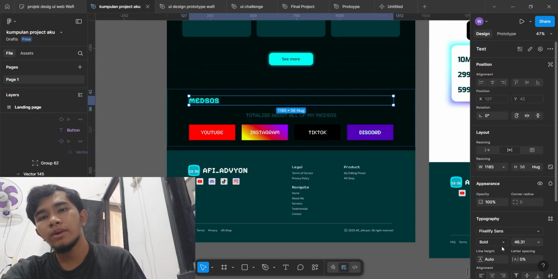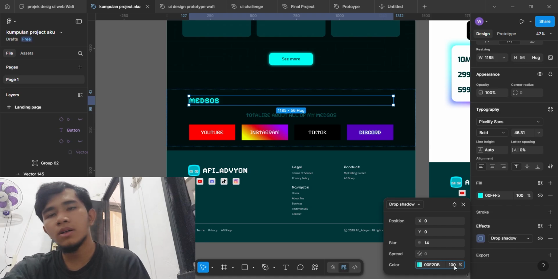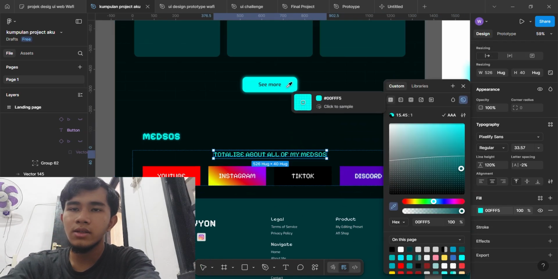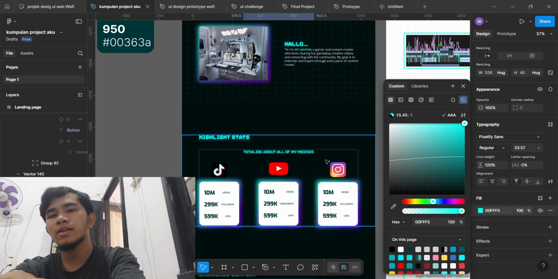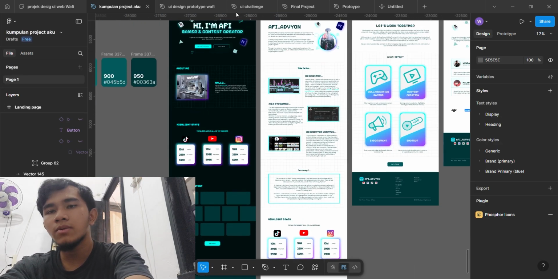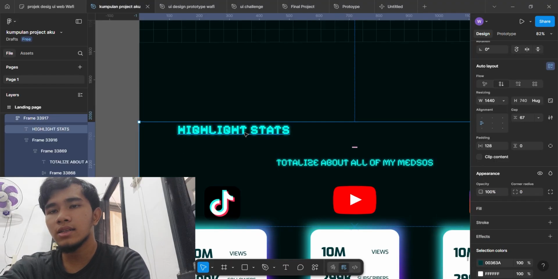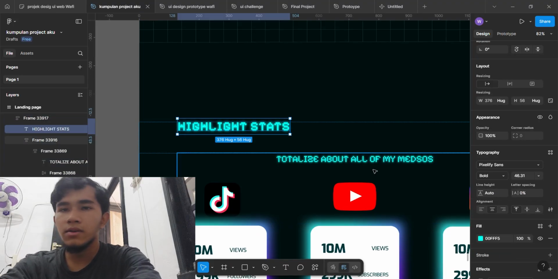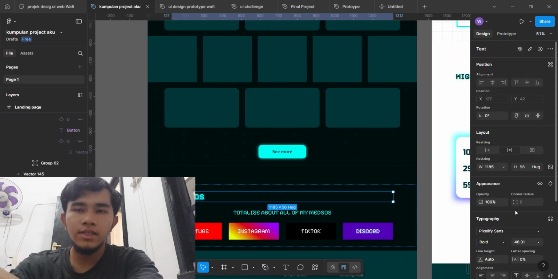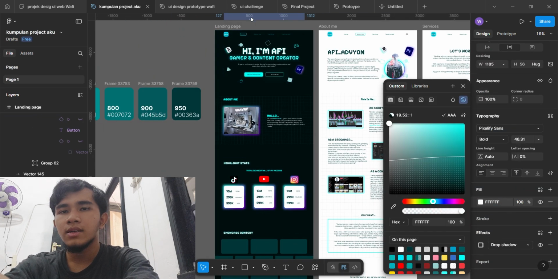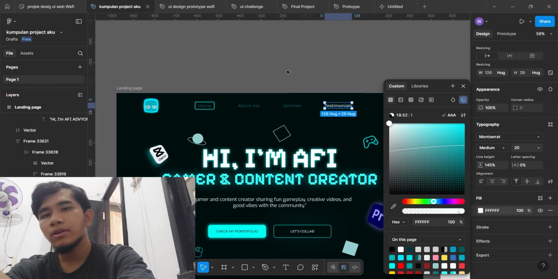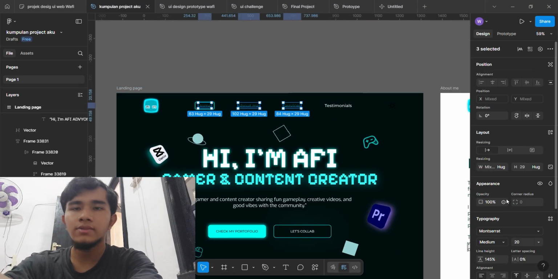You can also make backward navigation, for example, add a back button on each page that links back to the previous screens. Just drag the prototype node backward and select a slide in from left animation so it feels like going back. This helps your prototype feel more realistic and functional.